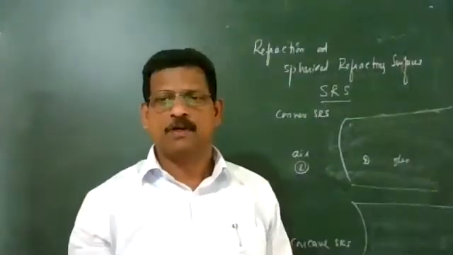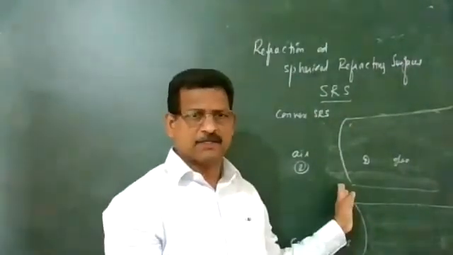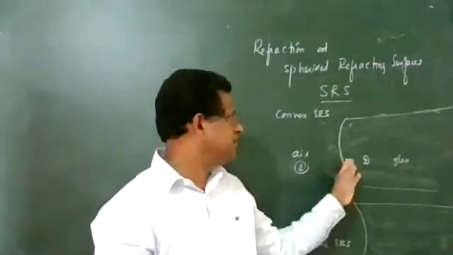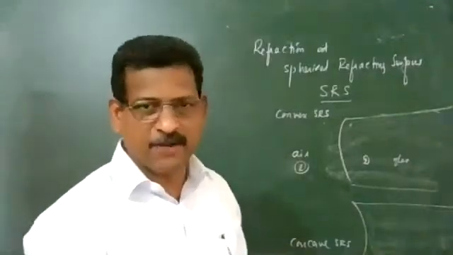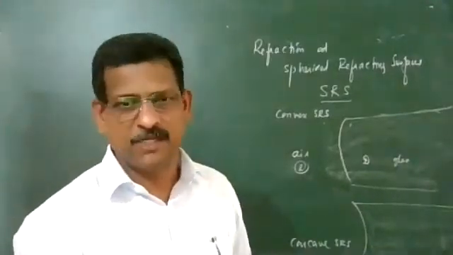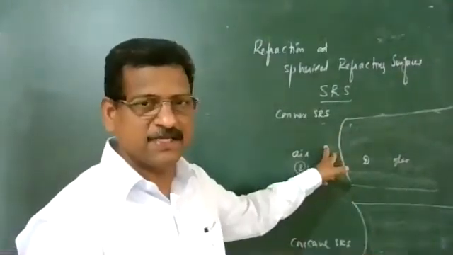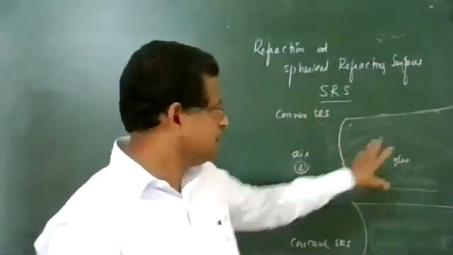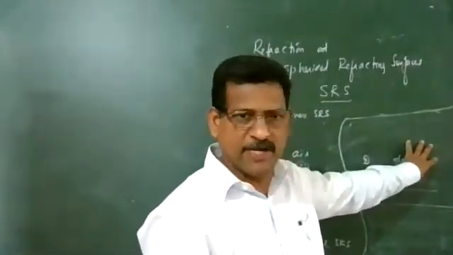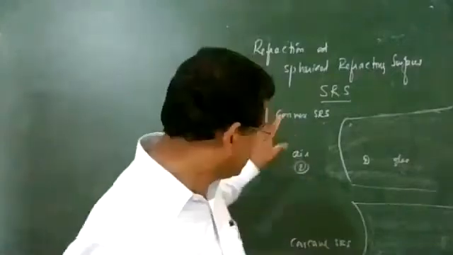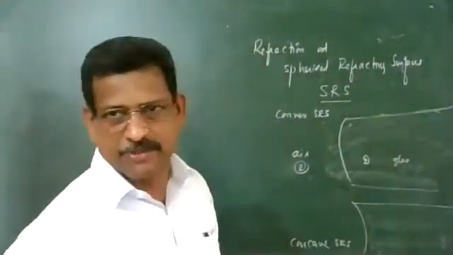You have a transparent medium, cut the sides suitably. Here it is designed in such a way that the convex side is toward the air medium, so it's a convex surface. Concave side is towards the air medium, so we call it concave. So there are two types of refracting surfaces: convex SRS and concave SRS. This is a full glass material, any transparent material of higher refractive index, which we are placing in air medium. These are the two types.